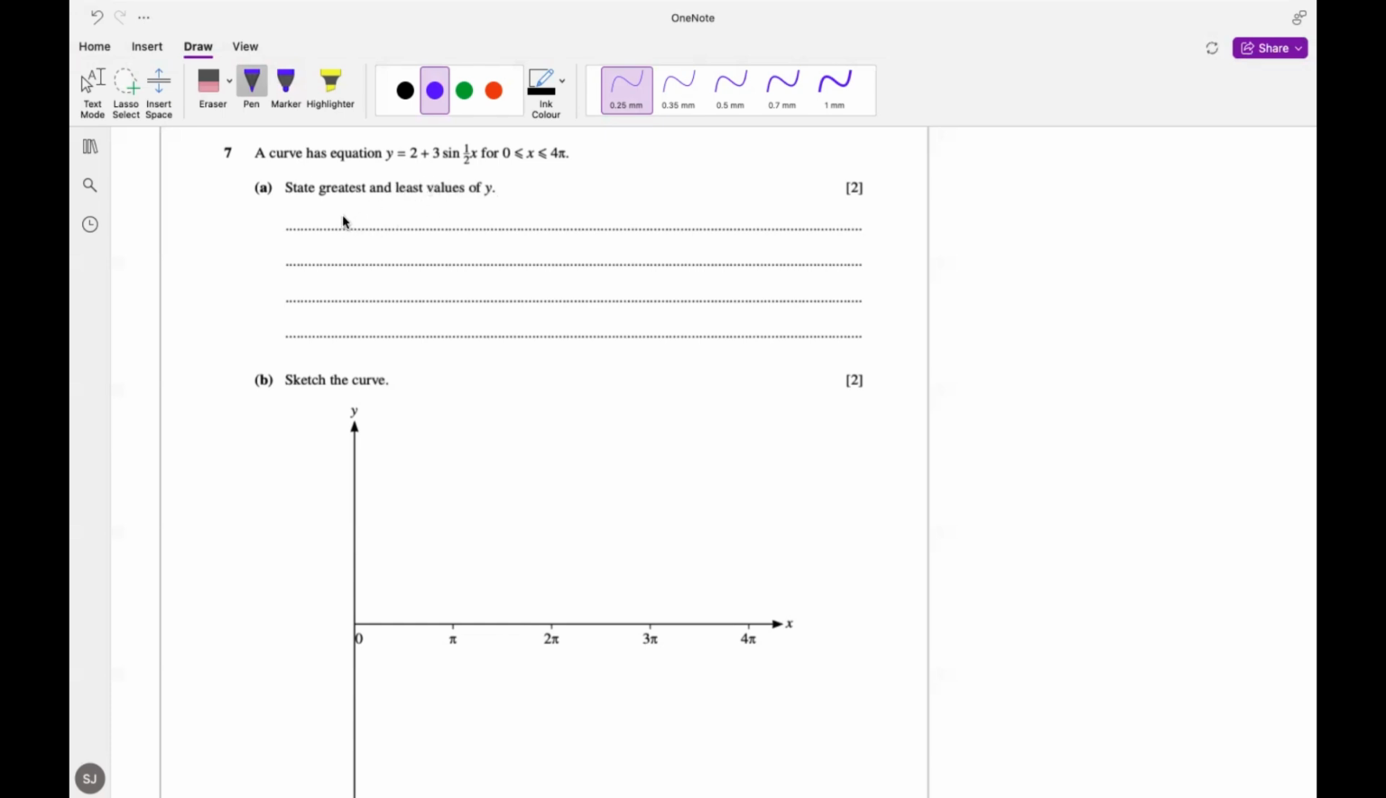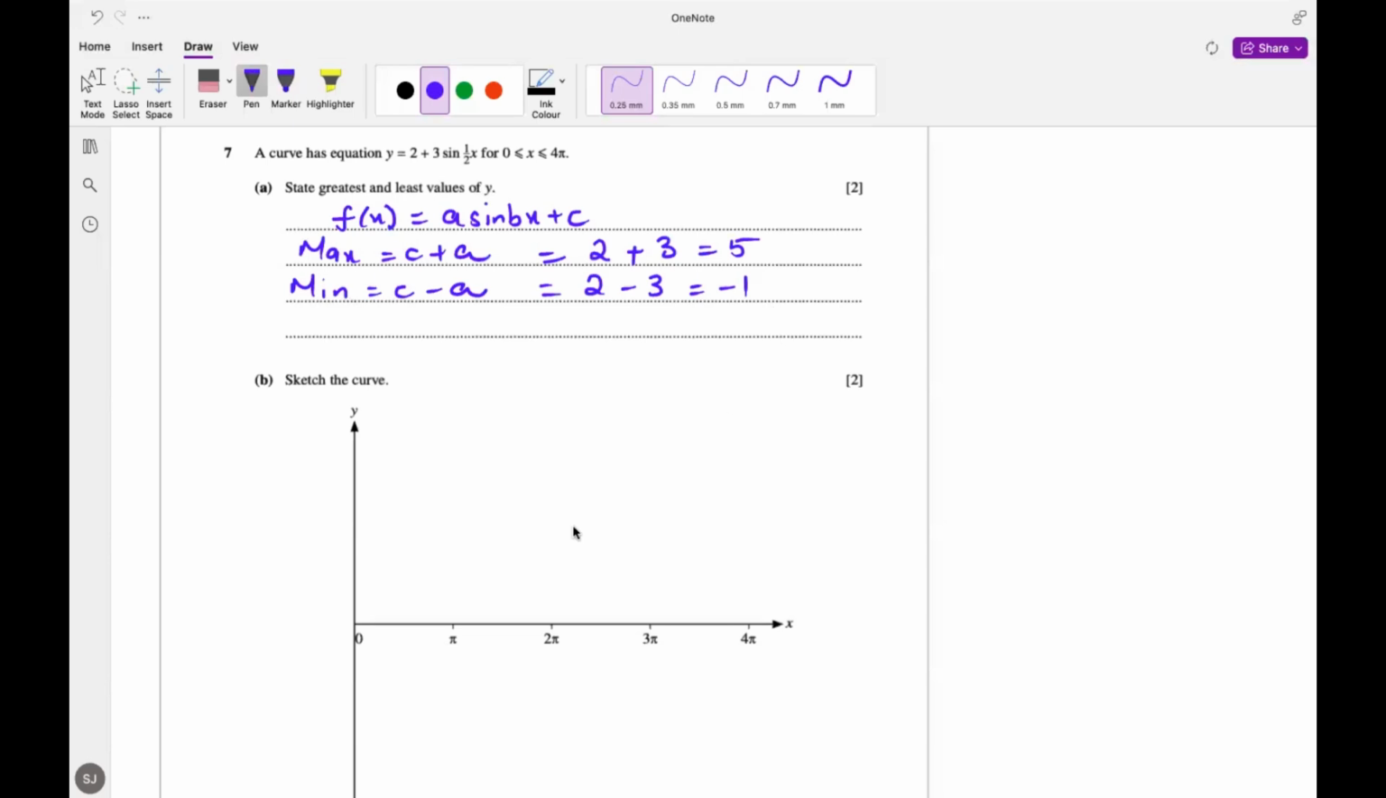Now, as it is a sine function, we know that if a function is of the form a sine bx plus c, the maximum value is given by c plus a and the minimum value is given by c minus a. So in this question, the value of c is 2 and a, the amplitude, is 3. So the maximum value will be 5 and the minimum value will be 2 minus 3, which will be equal